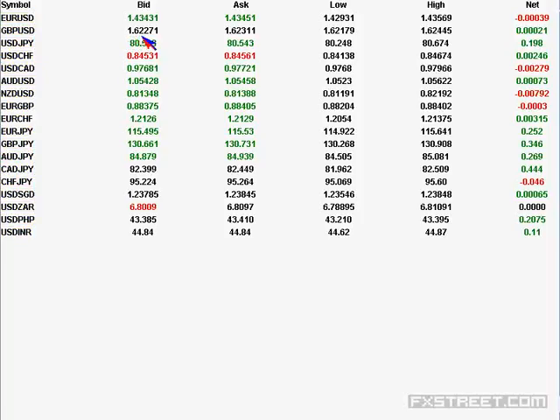And in the case of GBP, 1.6227, 1.6231 are the current levels. 1.6217 is the low, 1.6244 is the high. Hardly you come across about 20 to 30 pips spread between the low and the high, and GBP is showing about 2 to 3 pips positive net change. USD Yen has gained a little bit, about 20 pips. 80.51, 80.54 are the current levels. 80.24 is the low, 80.67 is the high. They are just holding it below the high. 20 pips positive net change is seen.